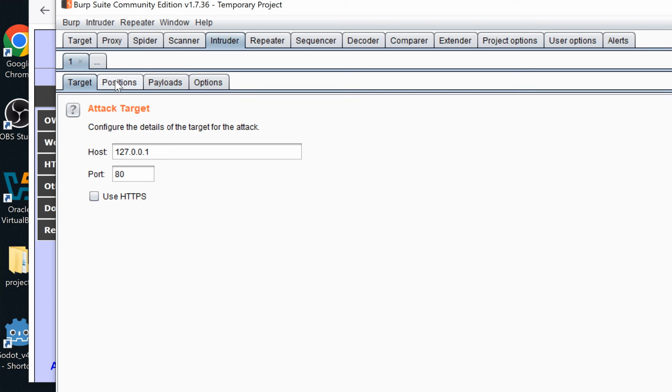As you can see, we have four subtabs: the target, positions, payloads, and options tab. A tester may wish to fuzz or brute force parameter values or parameters within a message, and Burp Intruder does this by providing various Intruder attack styles, the payloads, and the payload options. Now we can go back to our